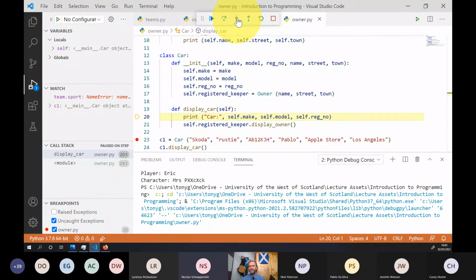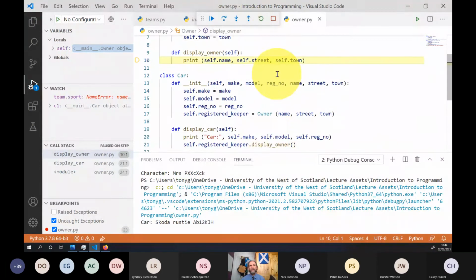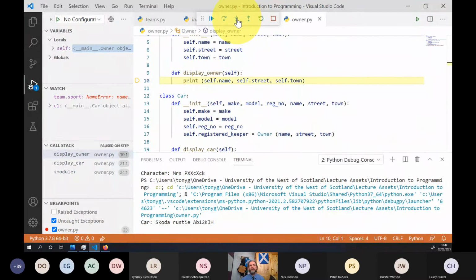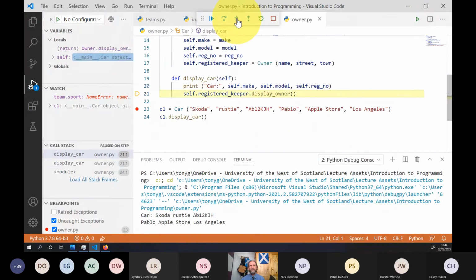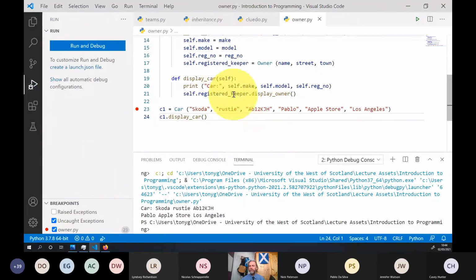And then when we need to display the owner, remember we've called that registered keeper, and that's an instance of the owner class. So we can use display owner in the owner class, which will print the name, the street, and the town. Okay, so it's working its way through all the different bits and taking them from each of them.